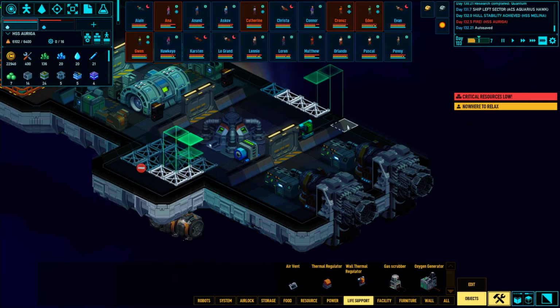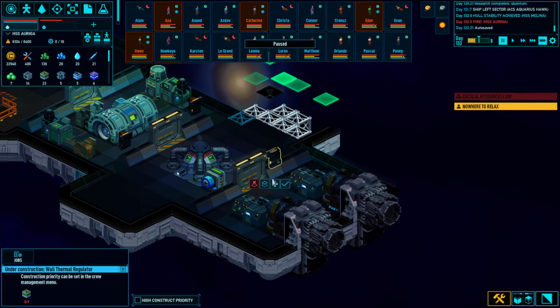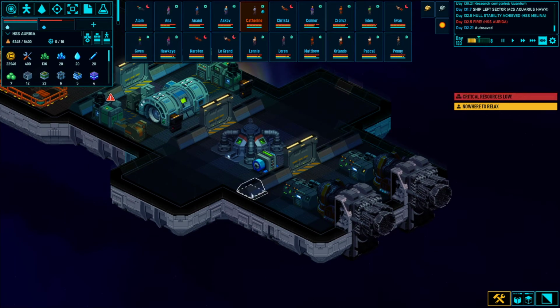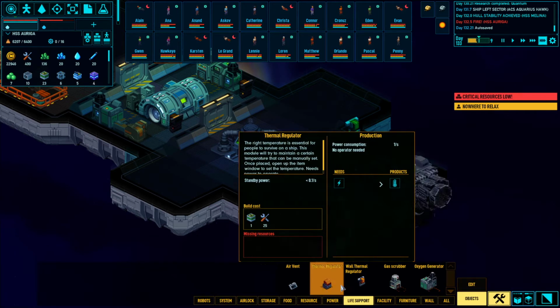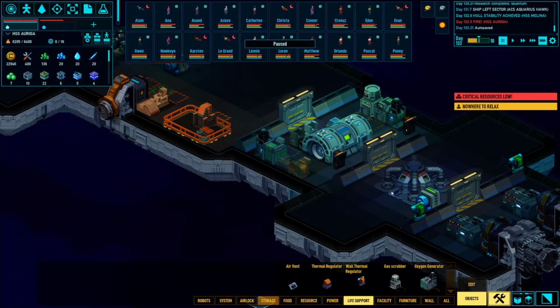Let's go ahead and throw something in there by the door. Or maybe, seems like solar radiation usually comes from this side of the ship, so maybe let's put it over here. And we can put one over there later. Oh, we might as well do it now, I guess. Alright,